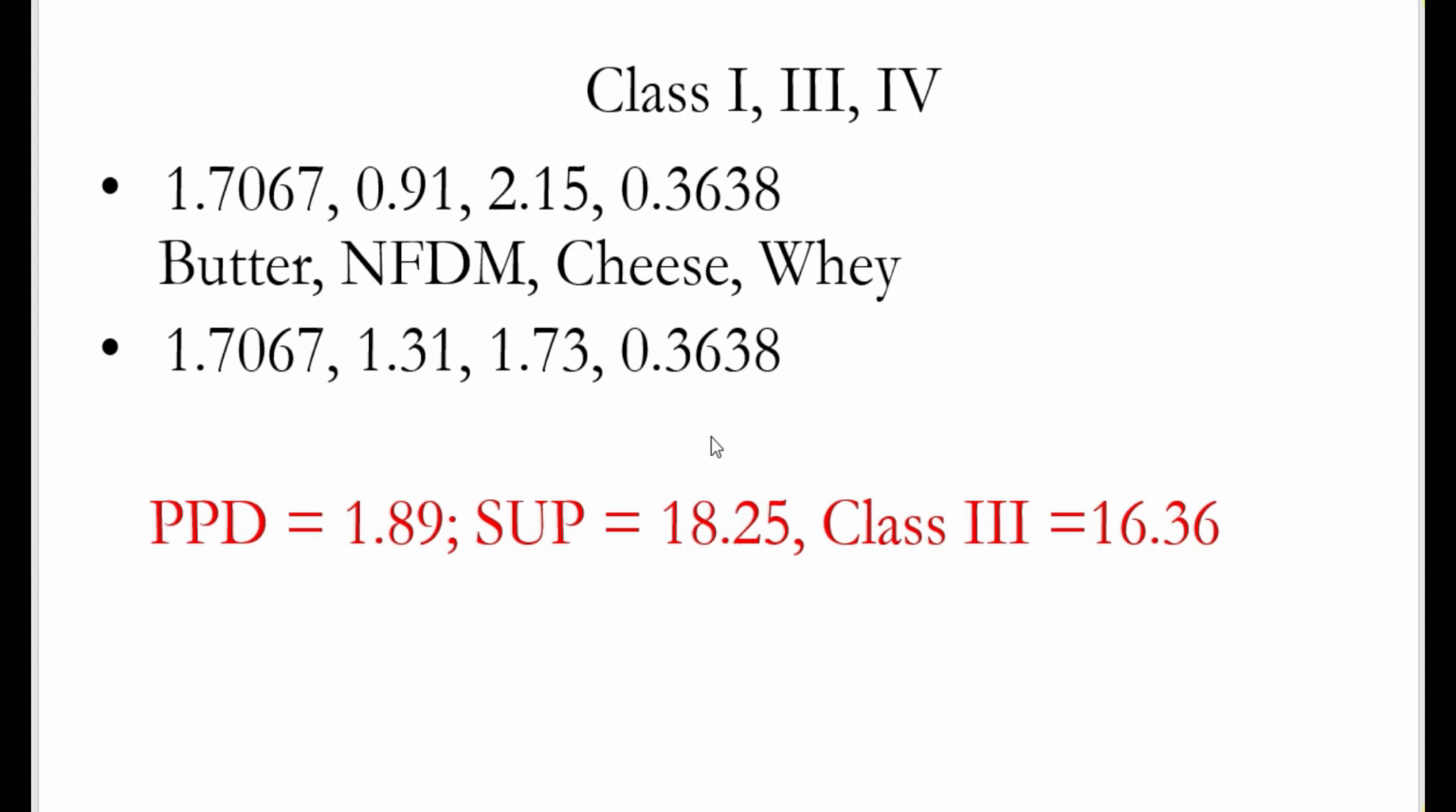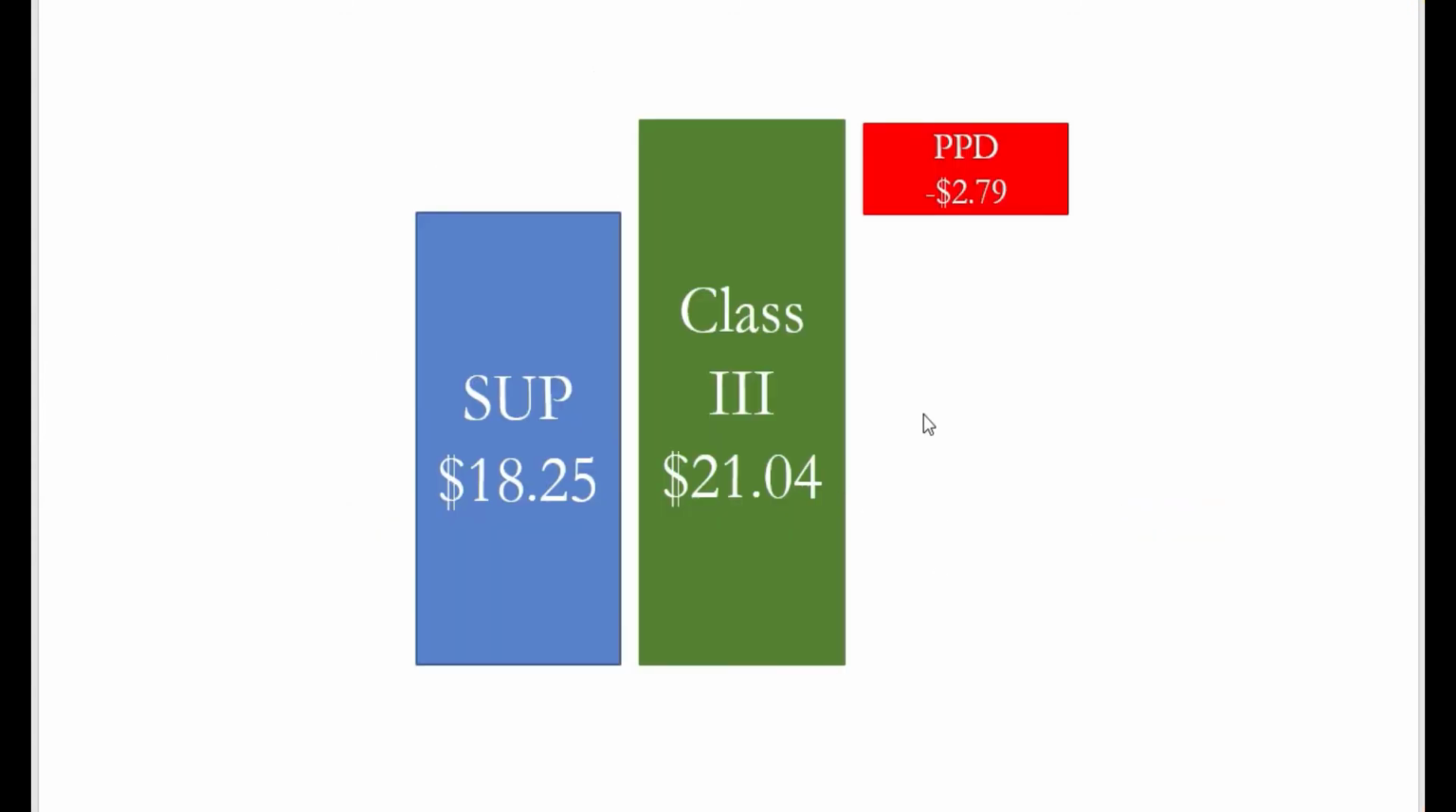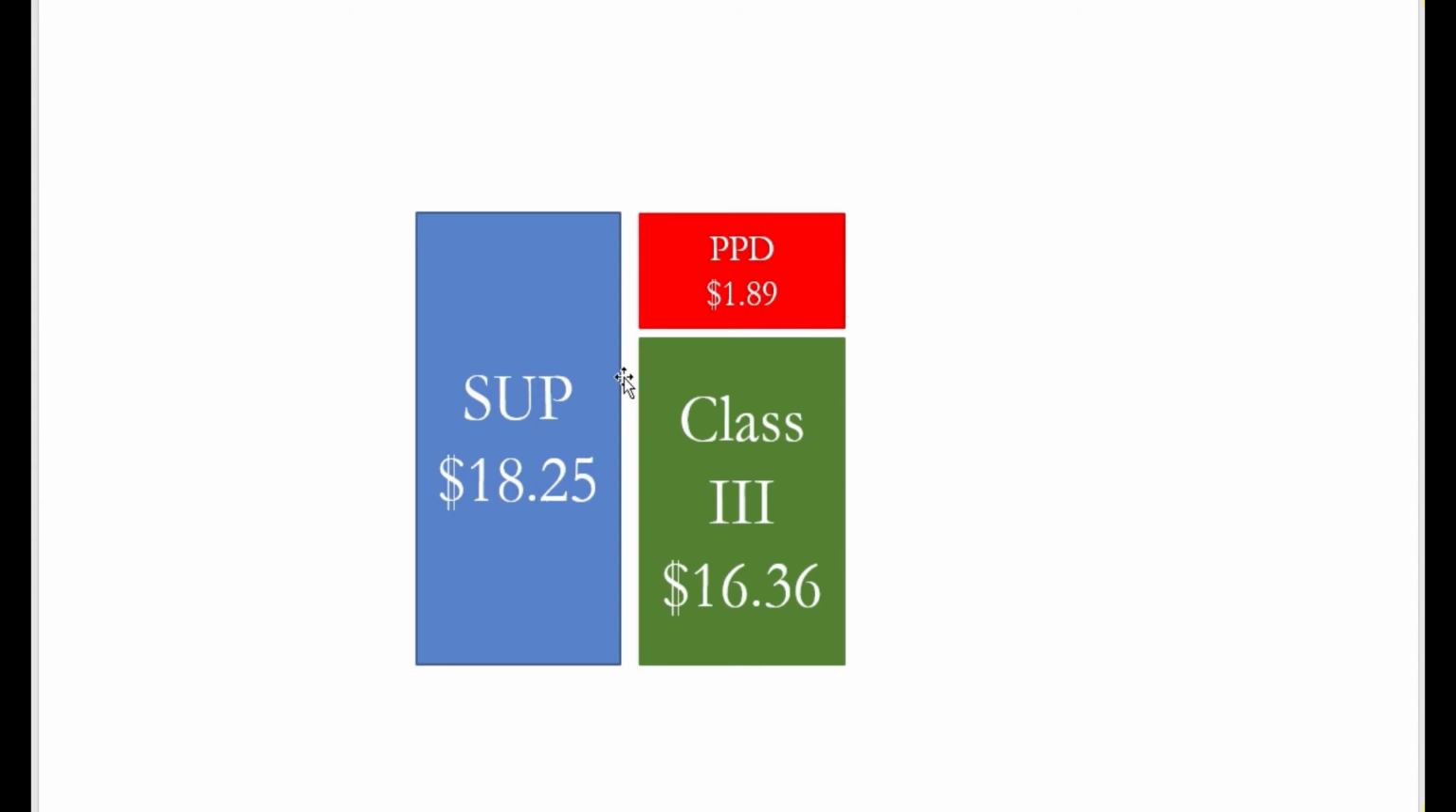So when we run this through the USDA calculations, we get a statistical uniform price of $18.25. We get a PPD of a positive $1.89, and we get a Class 3 of $16.36. So there's no doubt that having Class 3 and Class 4 closer to each other will give us a much better PPD, but in fact, it did not help overall milk price. So when we had a big difference, we had an $18.25 statistical uniform price, a very good Class 3, which ended up with a negative PPD. But when we brought them closer together, we ended up exactly the same statistical uniform price, a lower Class 3,